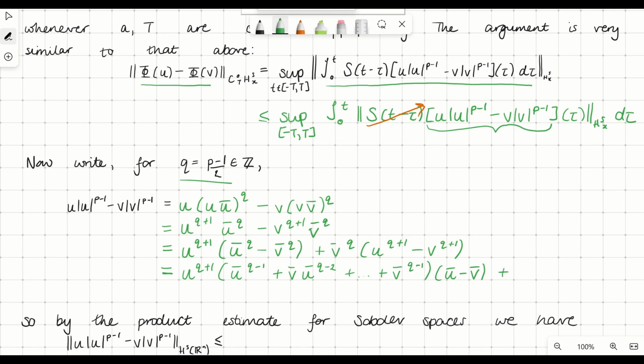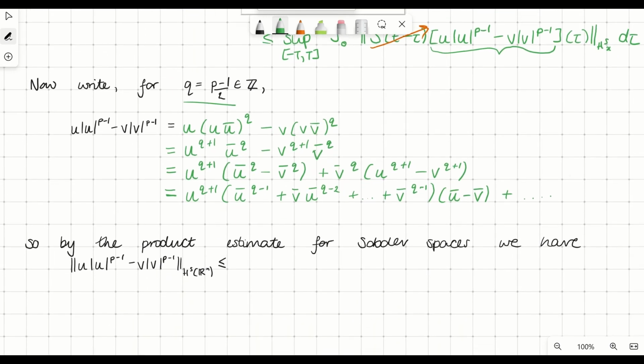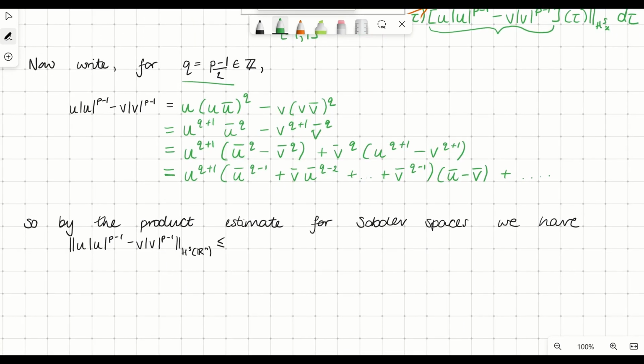And we have something similar for the second term. So to estimate this in HS, we use this Leibniz type rule from before to put all of these terms on the right hand side into either HS or L infinity. So we're going to have a sum of products of terms with u's and v's and u minus v's in HS and L infinity. But we can directly use the Sobolev embedding of HS into L infinity to replace all the L infinity norms with HS norms. And then we'll get that this is bounded by some constant